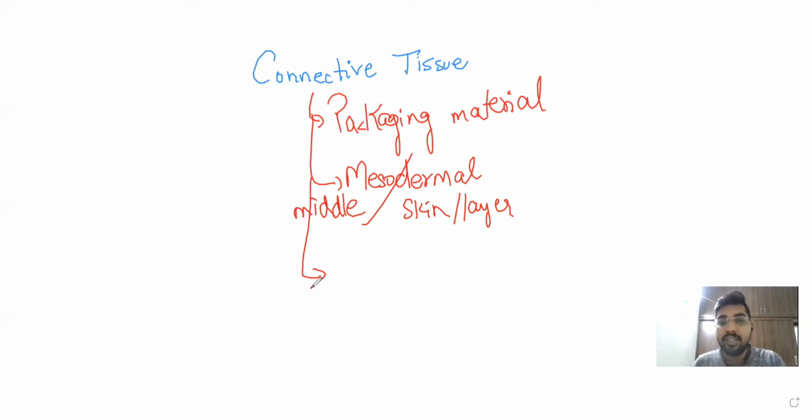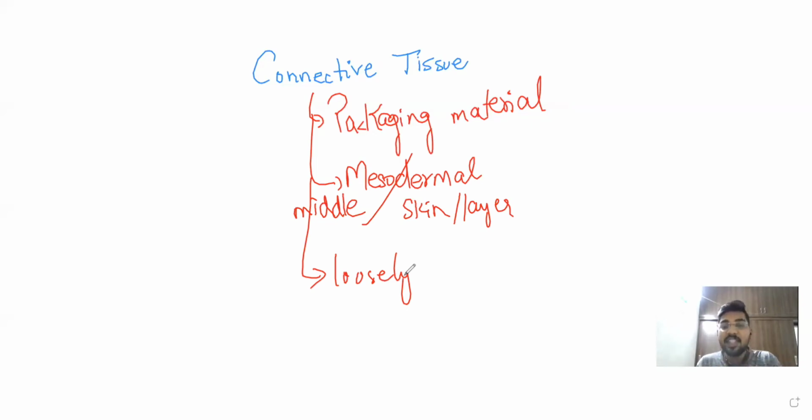But our connective tissue cells are loosely packed, or sparsely packed, I can call them. Why are they loosely packed? Because they have fewer cells. They do not have a large number of cells like epithelium tissue. They have very few cells which are scattered or loosely packed. Hence, we can call them loosely packed or sparsely packed, and they are packaged in a matrix